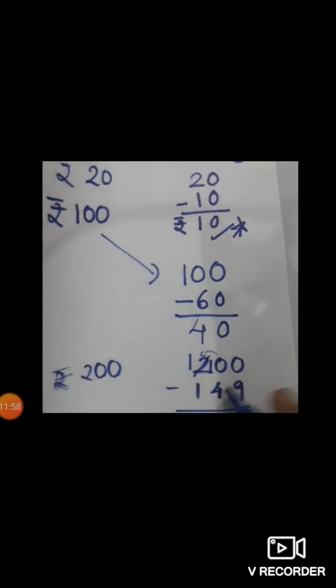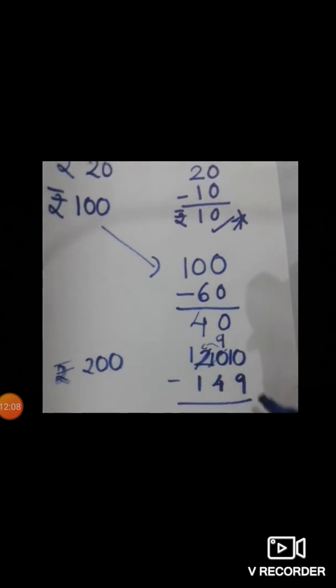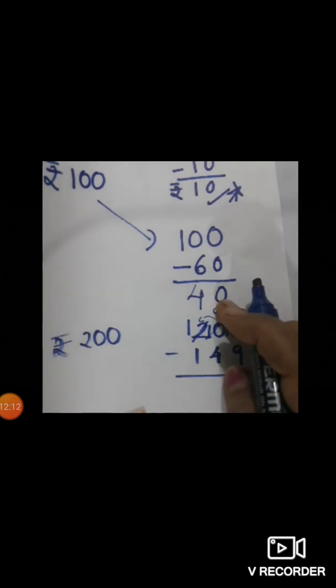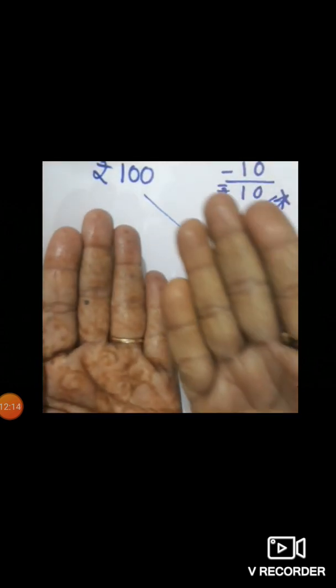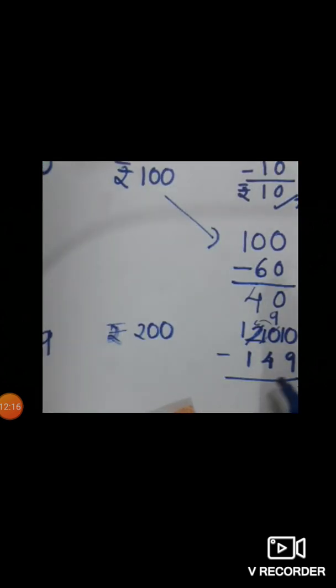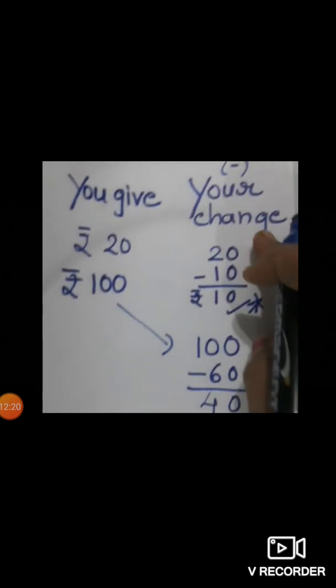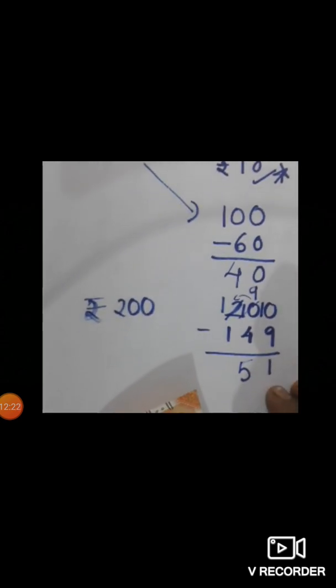So he says, oh, he's so happy now, right? Now he says, come on, I have 10 now. You take 1 from me. So 10 becomes 9 and gives 1 to 0. So now from 10, we will subtract 9. So we get 1. Here it is 9. So from 9, you take away 4. So what remains is 5. So what is your change? The shopkeeper will give you your change, that is 51 rupees.